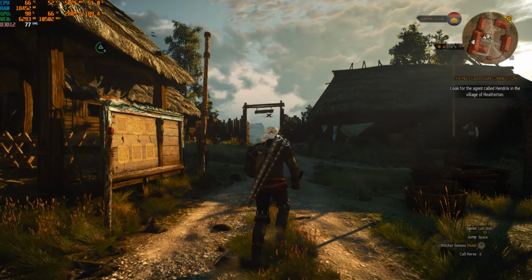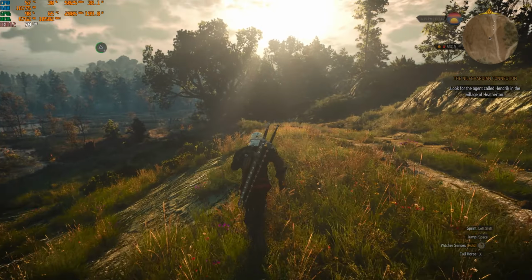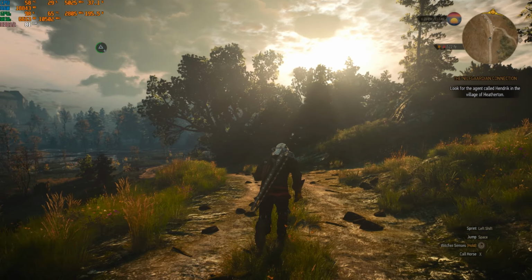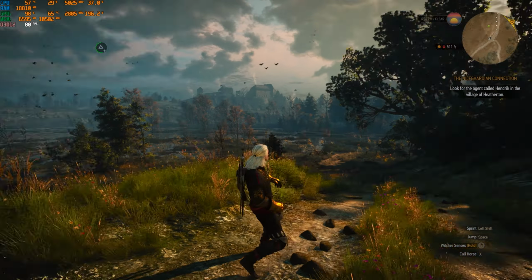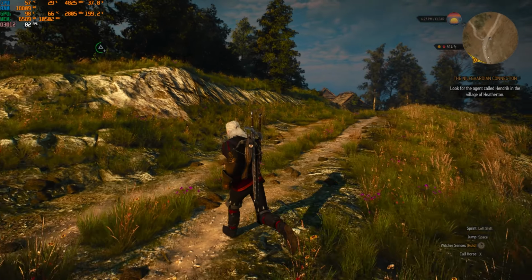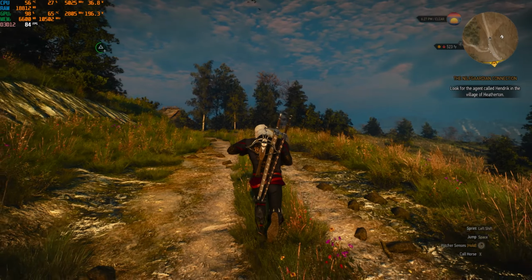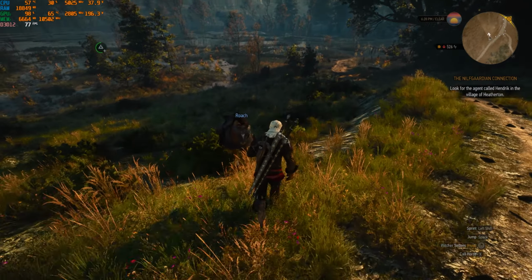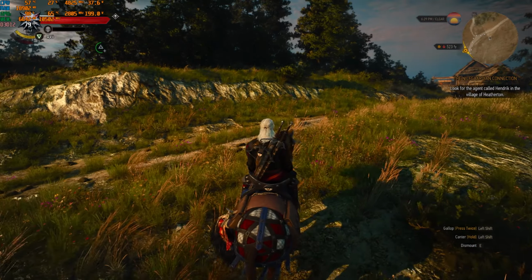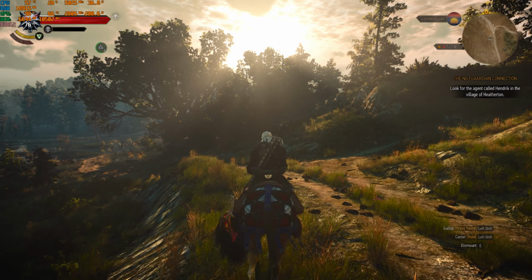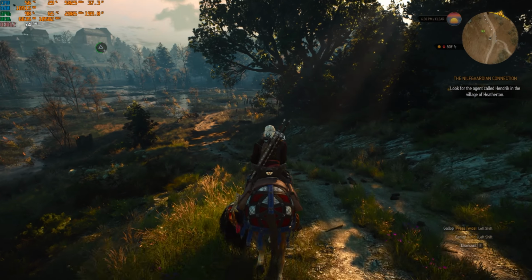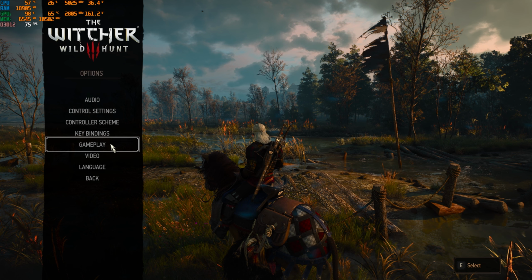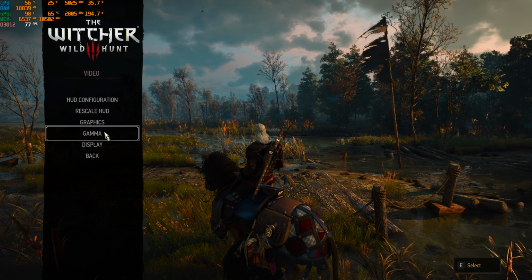Here I'm getting 66 FPS with all settings maxed out, and the CPU will max out at 65 I think, right now it's at 60. CPU usage doesn't matter here because it's a multi-core CPU, and this is a game that utilizes single cores a lot more, and the graphics of course are amazing. So let me just put on some realistic settings. I had maxed out everything from my side. Now let me see if I